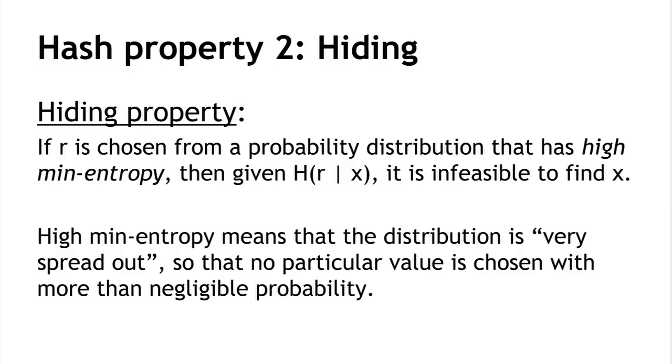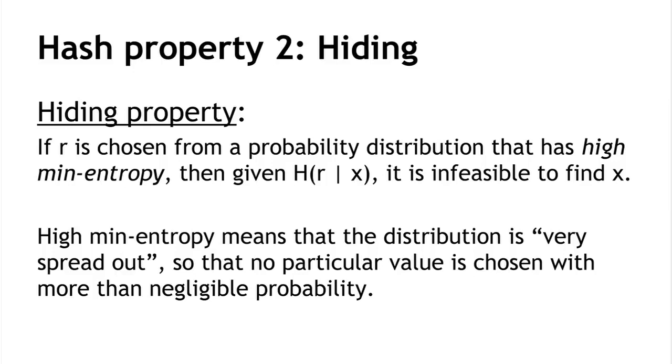And the way we're going to fix this problem with the common value x, like heads and tails, is we're going to take the x and we're going to concatenate it with a value r, which is chosen from a distribution that's really spread out. And so this h of r concatenated with x means take all the bits of r and put after them all the bits of x. And so what we're going to say is, given the hash of r together with x, that it's infeasible to find x,